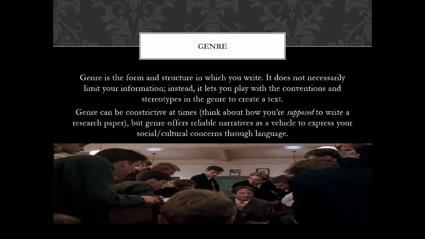Same thing if you're an architect major, or a sports major. Each of those fields has a different way of writing a paper, which means there's a different genre of writing the paper. And in another video, I'll go into more detail about what genre means specifically related to academics. But for now, one of the ways you want to think about it is that genre is a combination of form